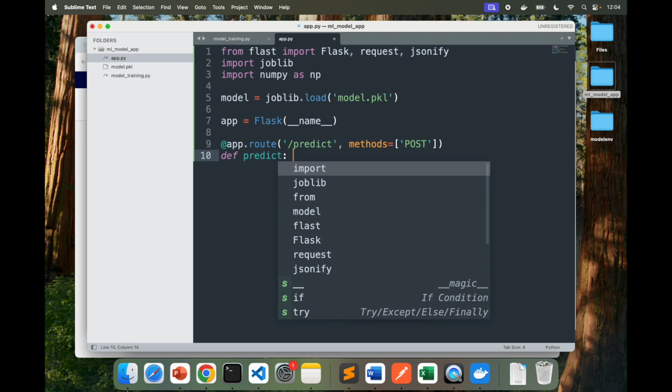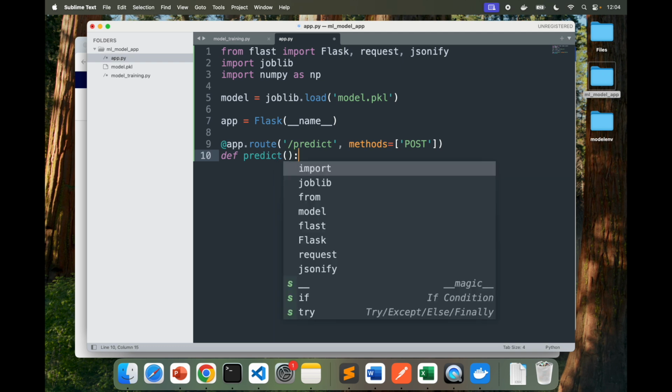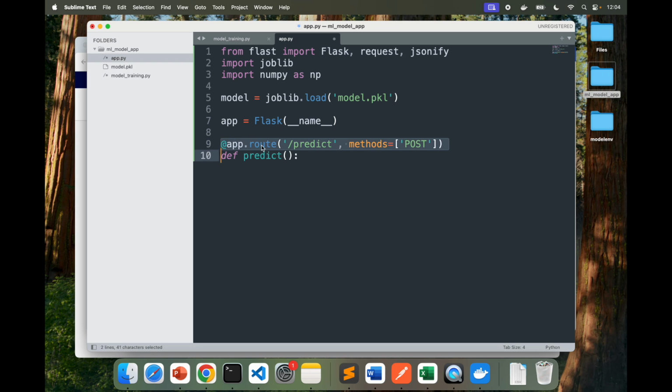But before that, let's go through this. So app.route, this line defines the route in the Flask application. A route is the URL path that clients or your users or systems can use to interact with the API. The /predict is the endpoint URL path that users will send requests to when they want to get a prediction from the model.